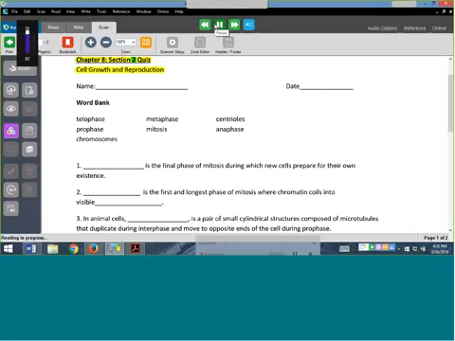Chapter 8, Section 2, Quiz Cell Growth and Reproduction. Okay. Name, date. Word bank, telophase, metaphase, centrioles, prophase, mitosis, anaphase, and that might be fine that it's not pausing